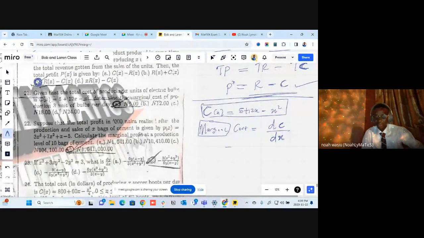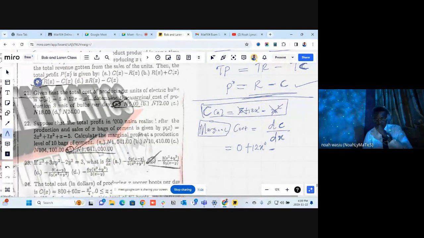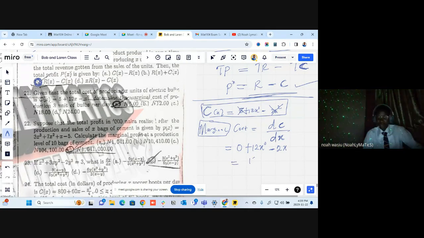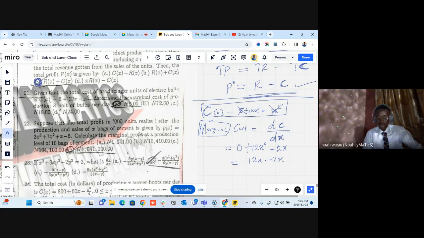Differentiate this 5, that will give us 0. Differentiate 12x, that will give us 12 times 1, that is 12. Then differentiate x squared. Sorry for that. That will give us 2x. So the final answer is 12x minus 2x. But is that all? No. They also said